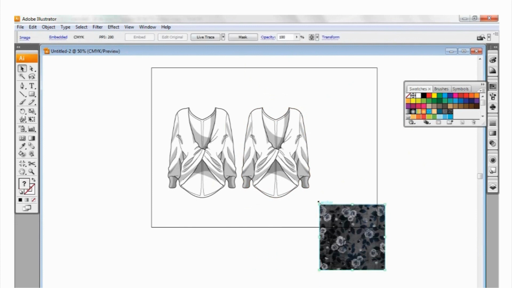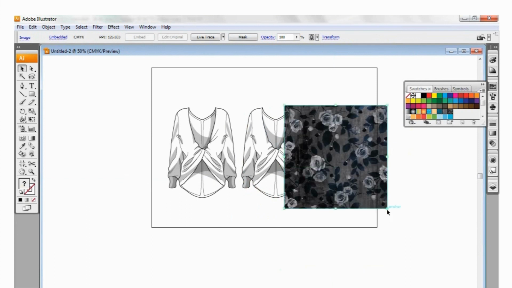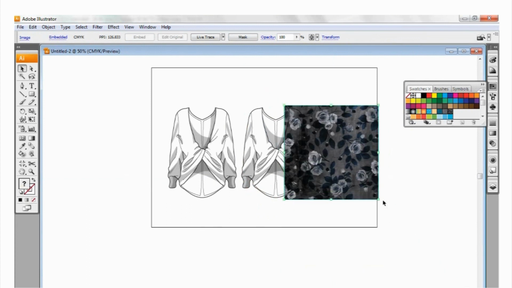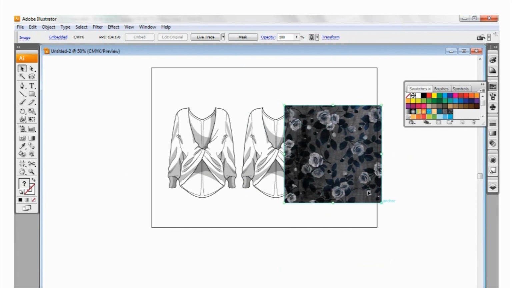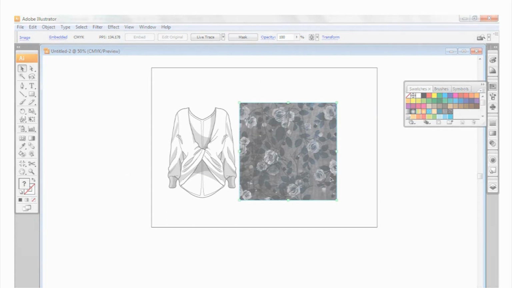So, in that case, I have to do a placement print. And by that, I have to make it exactly the same size as the garment. Well, it has to be slightly bigger than the garment, so that when it overlays it, you see, it fits the whole garment. Obviously, this print's going to be